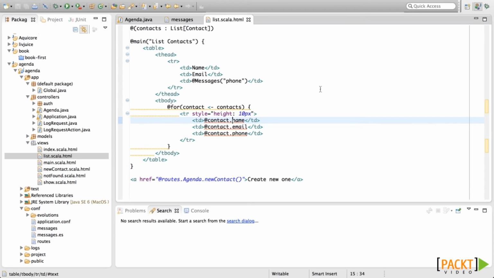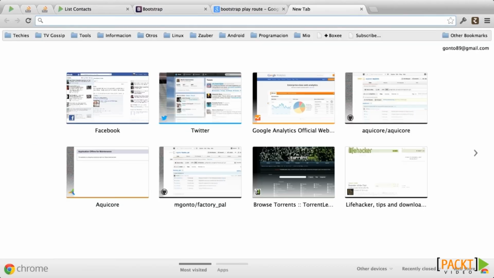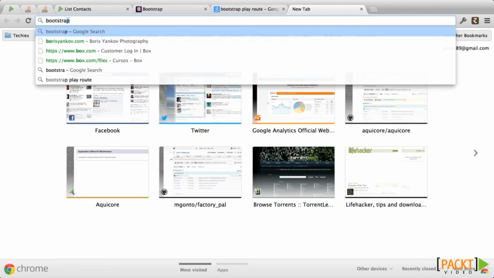Now, we've got a functional create new contact page. However, you'll find that this page is not really nice. We're going to use Twitter Bootstrap to make it prettier. Thankfully, we can configure and use Twitter Bootstrap with Play Framework. Let's see how. The first thing we need to do to use Twitter Bootstrap is to download it. So let's go and do that. Let's go to the Bootstrap page